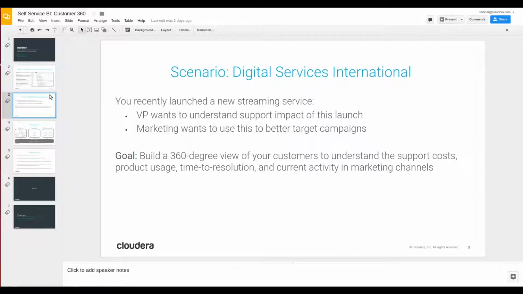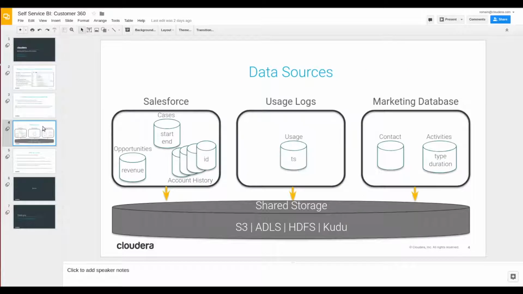Let's imagine that we are a digital service company and we want to track the launch of a new feature. We are going to build a little customer 360 to better understand our product and customer usage. We'll use different data sources, one about our customers with Salesforce, and this one is being archived every day. That way we can compare the changes over time. We have the support cases list. We also have usage logs and a marketing database that contains campaigns. In the case of Hue, it will be more like a Jira database to have the list of features and bugs.